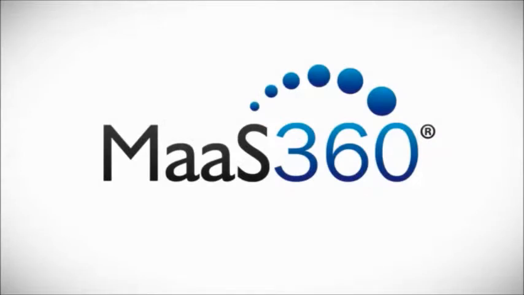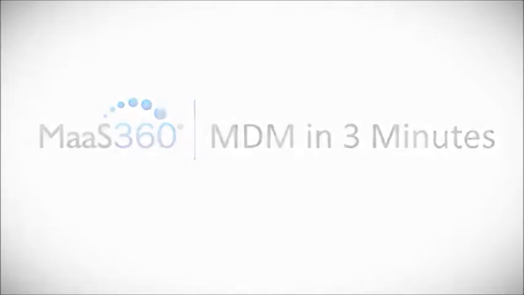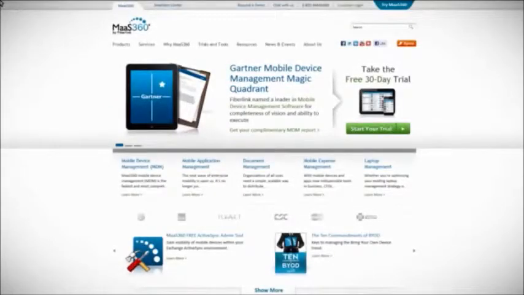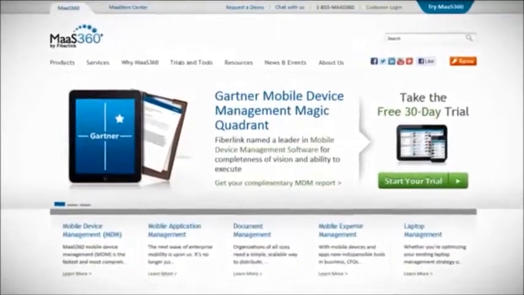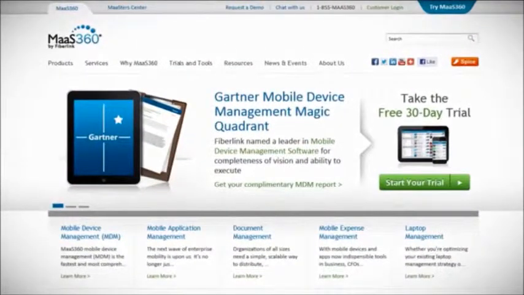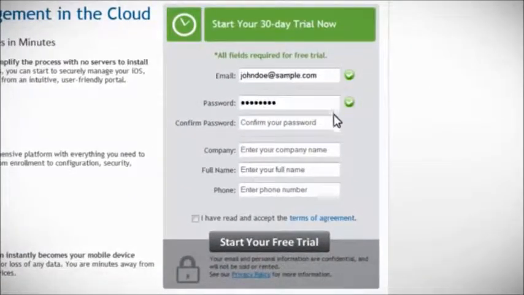MAS 360 is a complete mobility management platform you can use to securely manage all your mobile devices, applications, and documents. You won't believe how easy MAS 360 is to set up and use, and it supports both corporate and employee-owned devices, including iOS, Android, Windows Phone, and BlackBerry. In just a few minutes, with some basic information, you can create your own MAS 360 account and start managing